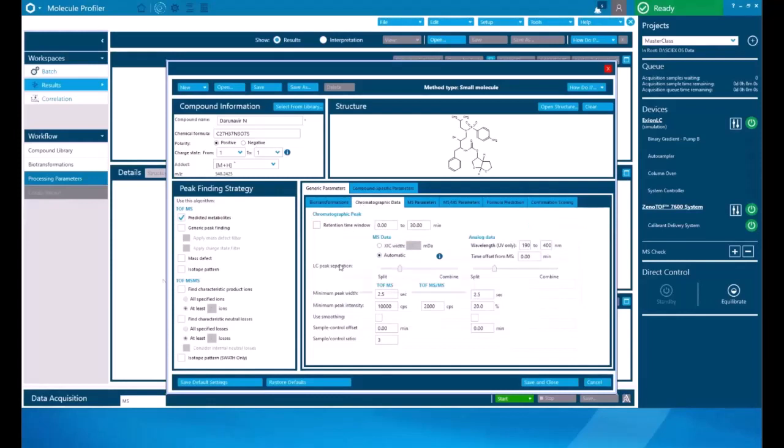And then we have chromatographic data where you have all the information about your LC. You can define your retention time windows, minimum peak width, minimum peak intensity. If you want to smooth the data, you can check this. And the good thing about this software is it's very intuitive. You don't have to go to the help section again and again. You just bring your cursor on the parameter and it will give you a small description of what it is